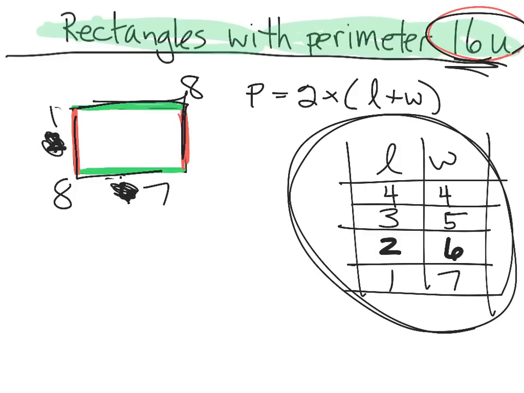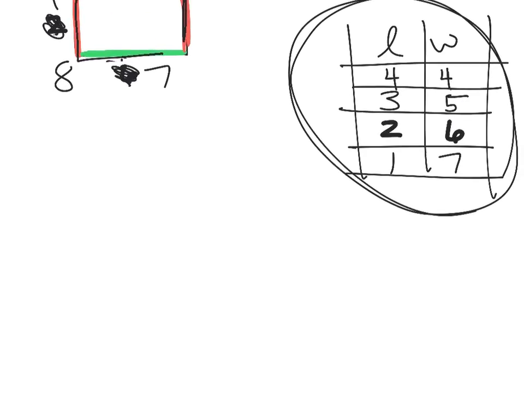Now, if I wanted to, I should kind of try and draw them to scale. So if I wanted to, 4 and 4. So our length of 4 and a width of 4. Length of 4, width of 4. Right there, 4 and 4. And then I could say, well, how about 3 and 5? Well, 3 and